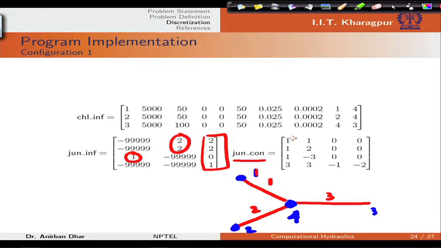So, node number 1 we have only 1, it is starting from +1. For node number 2 we have only connected channel is 2 and it is starting from +2. Channel number 3 which is connected to this node number 3 and the end section is connected, that is why -3 is there,